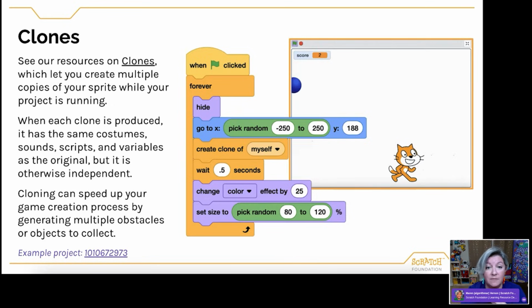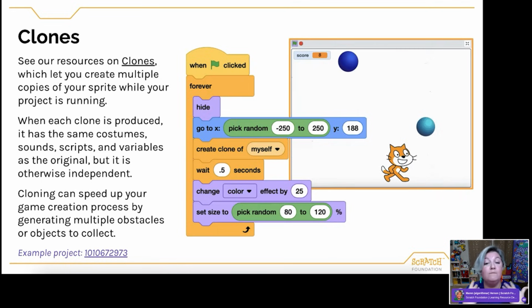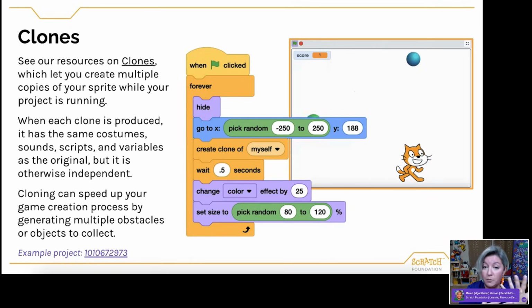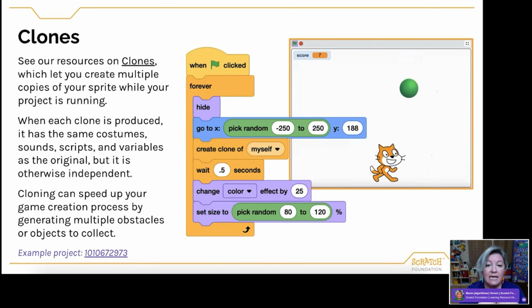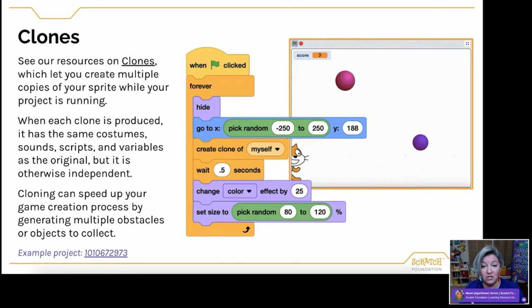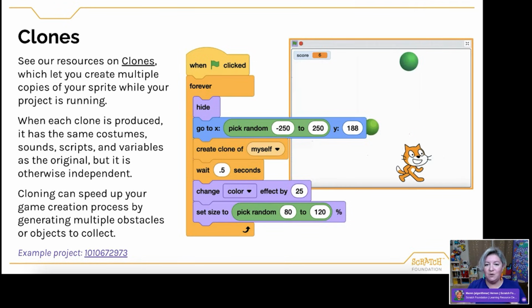But in the case of a game like this game that I have on the screen, those clones let you create multiple copies of a sprite while your project is running. And then while that clone is produced, it has the same costumes, sounds, scripts, and variables as the original. And so it can really speed up your game creation.